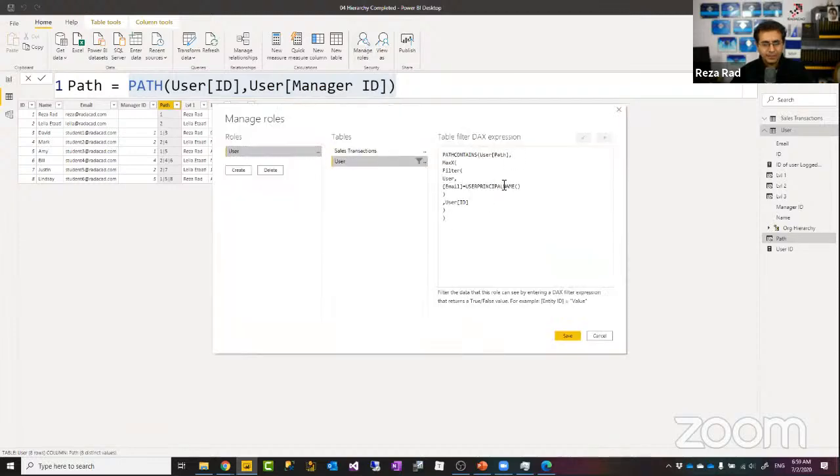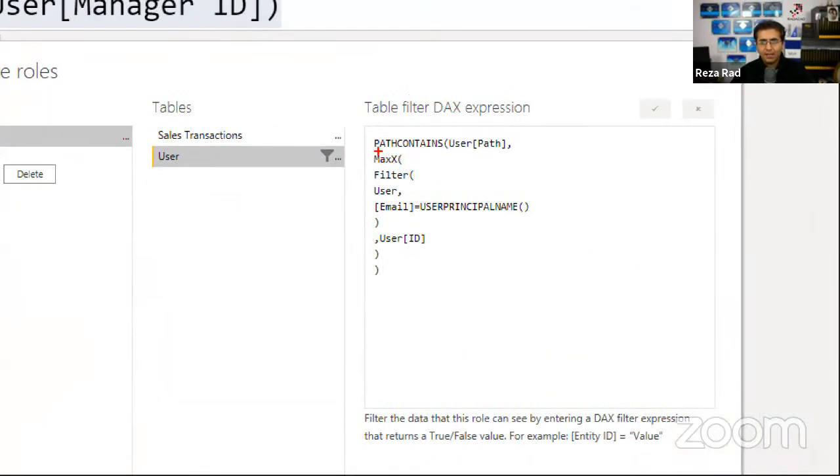I'm using a PATHCONTAINS function. Now here I used a MAX filter, which is kind of equivalent of the LOOKUP method that you have seen. This is just another way of doing it. All of this part is just fetching the user ID. When I fetch the user ID, I check which path contains this user ID using this, right?